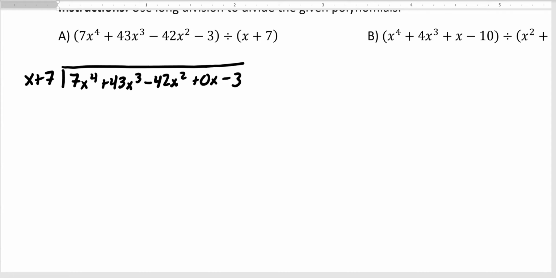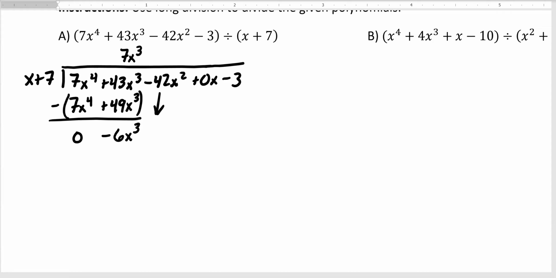So x times what gives me 7x to the fourth? Well, it would have to be 7x to the third. And then when I multiply that out, 7x to the third times 7 would be 49x to the third. We need to do some subtraction. That'll give me 0. 43 minus 49 would be negative 6x to the third,